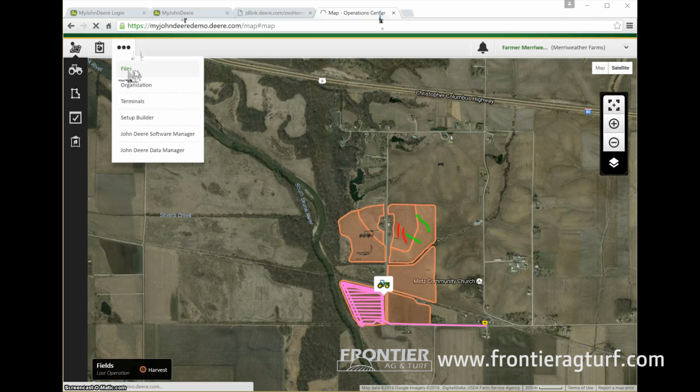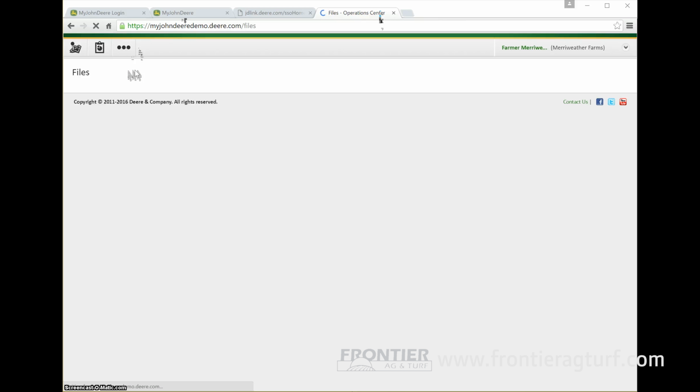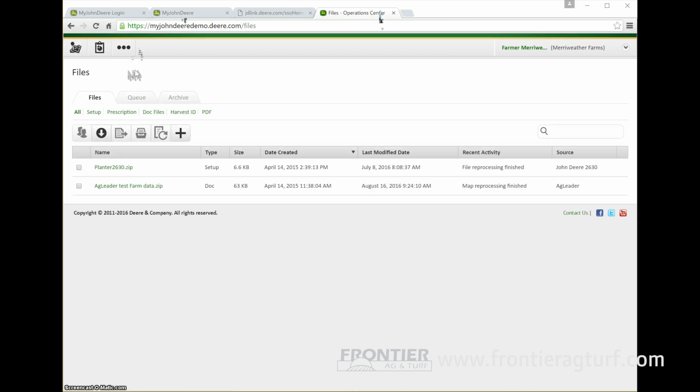Now, we often wonder what happens with our files when they come from the machine and go into our website. Well, they show up in the Files section under the 3 dots. In the Files section, I have the opportunity to share or assign that file with trusted third parties. So if I need to send a file to an agronomist